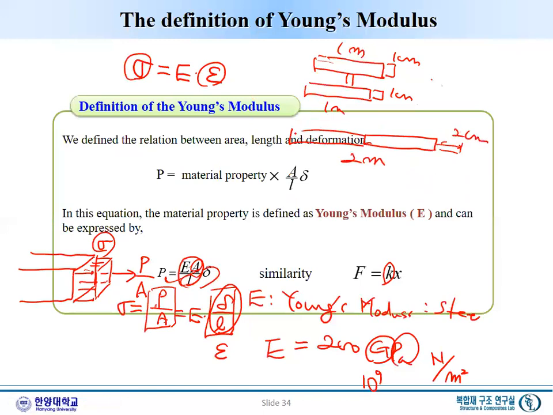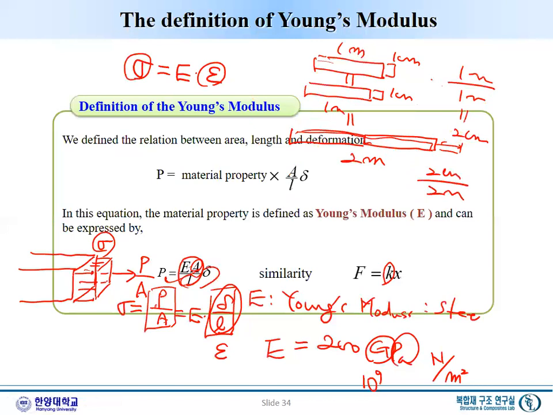So the whole member will have a certain strain, but this strain and that strain are all the same, right? So strain-wise, 2 centimeters by 2 meters or 1 centimeter by 1 meter is all the same. So this is the amount we have to consider